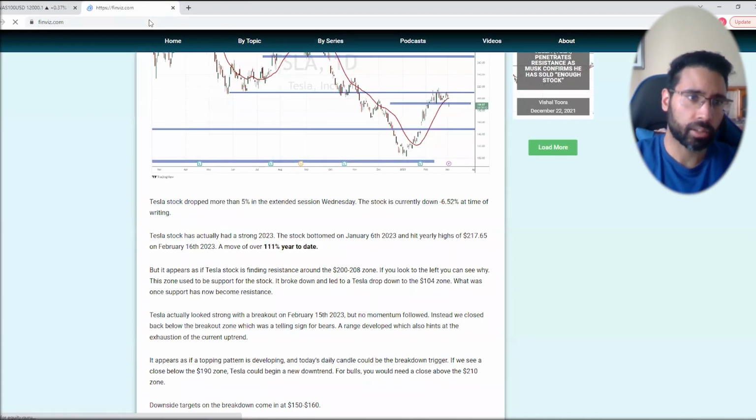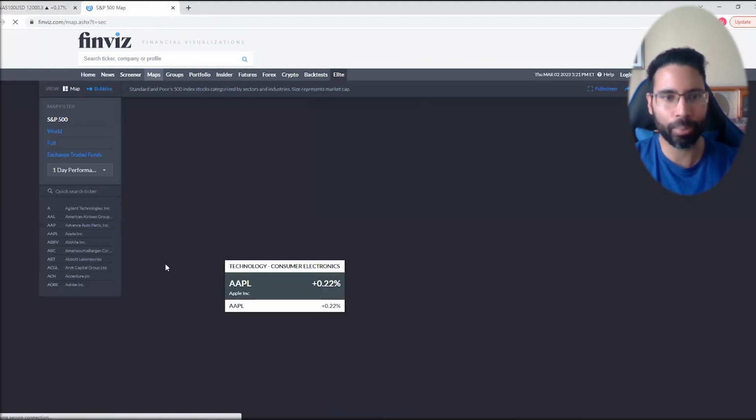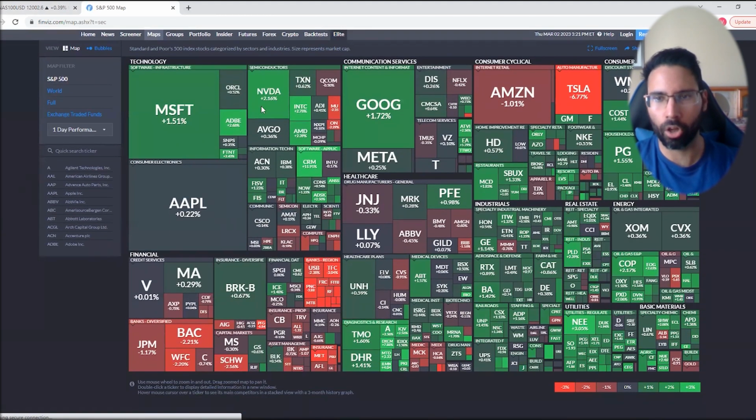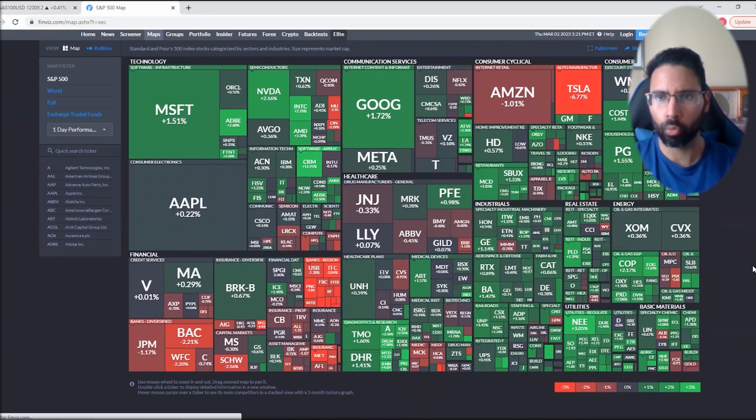However, saying that, I want to take you guys here to FinViz. If you look at a heat map here of the stock markets, you can see that there's green pretty much in a lot of the sectors. And there is the auto manufacturer Tesla itself with a big red loss. So it's not necessarily 100% that if the market holds support, then Tesla will be able to do so as